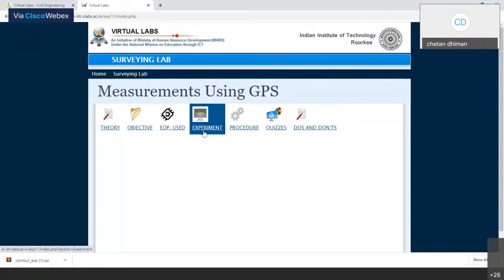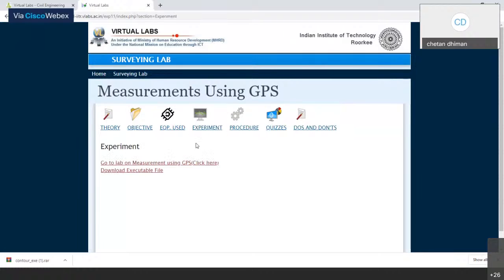When we click on the experiment, the same process will be repeated. You just click on the download executable file of your particular experiment, and when you click on that, here you can see the GPS exe1.zip file will automatically start downloading to your system.